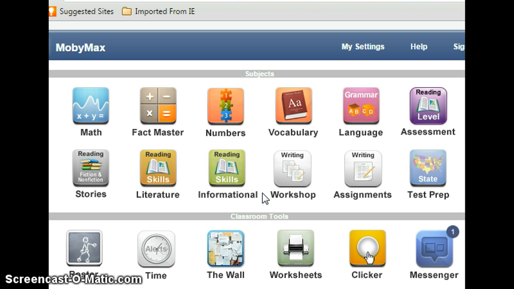The intended audience is, of course, my students, but they do have a password of their own and they are able to access this program at home so that their parents are also able to read along with them, follow along, and help them if necessary. I do not use this as a grading tool. This is something that supposedly will help them. I just started it this year, so I have not used it before. The kids have enjoyed it, and I have shared it with my peers, especially my partner who teaches the math and